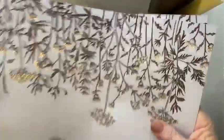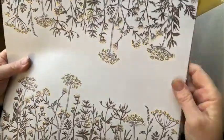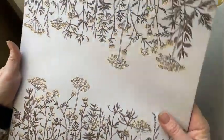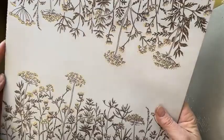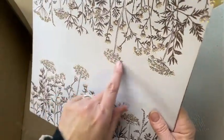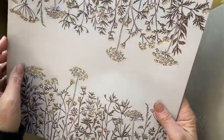Okay, they've been doing this a lot more, and I'm going to show you a couple of pictures where you've got a design that comes up from the bottom and then comes in from the other side. That means if you cut it down the middle at the 6-inch mark, you're going to have 2 sets of flowers coming up from the bottom of your page, which I think looks really, really nice. Can you see also there's foil on the ends of our flowers here? Really, really nice. And on the back of that,